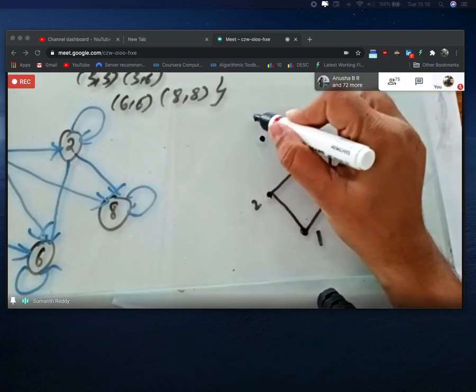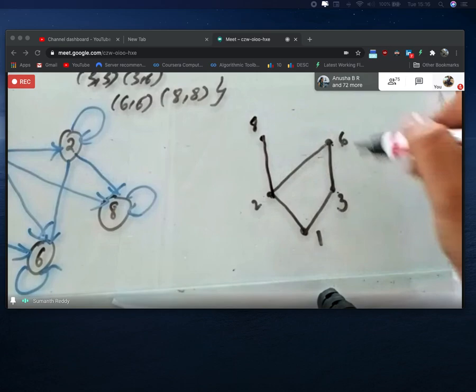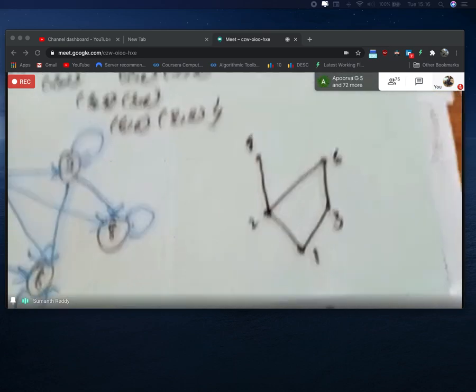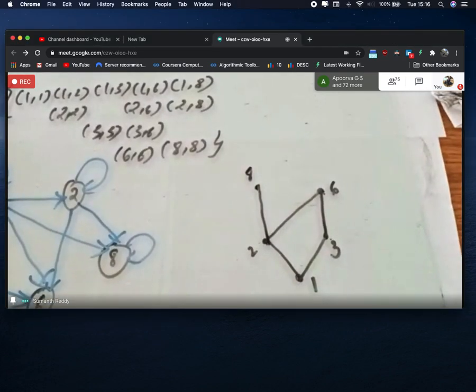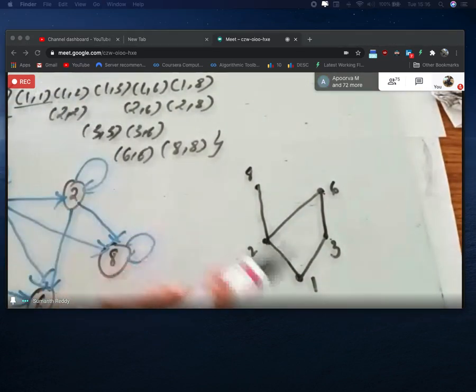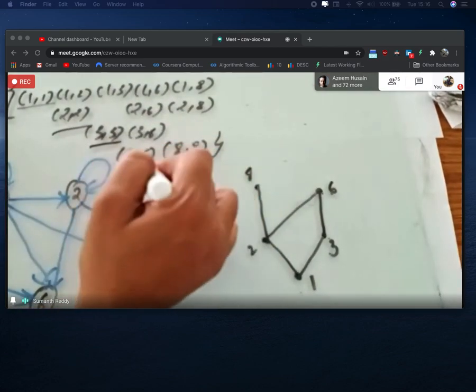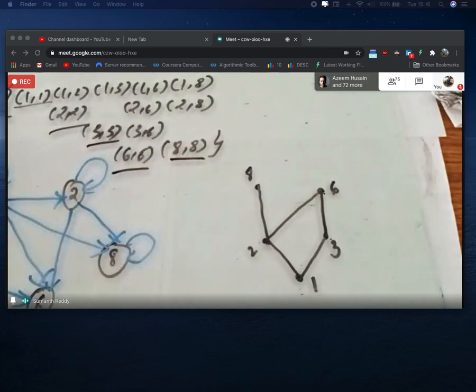So I have to write here 8. Okay. So now with this you can easily understand, right? You can check with all the ordered pairs. So I'll just check here. See, 1 comma 1 is over. You can see here, your dot means 1 comma 1. So similarly 2 comma 2, 3 comma 3, 8 comma 8, 6 comma 6 is over. As I told you, a dot will represent the reflexive relations, right?